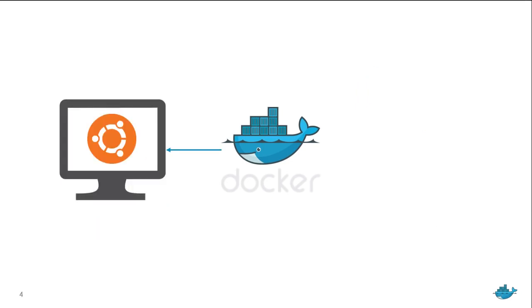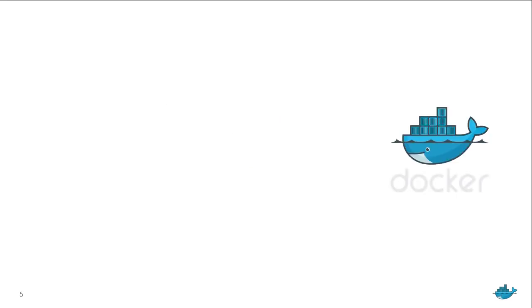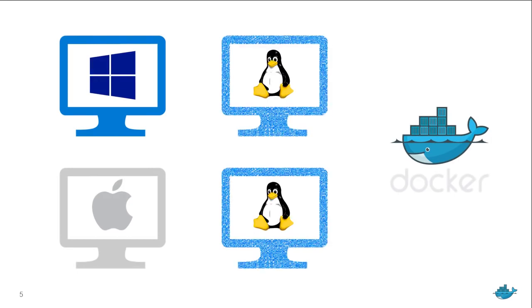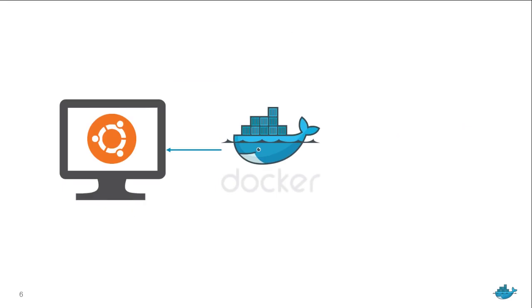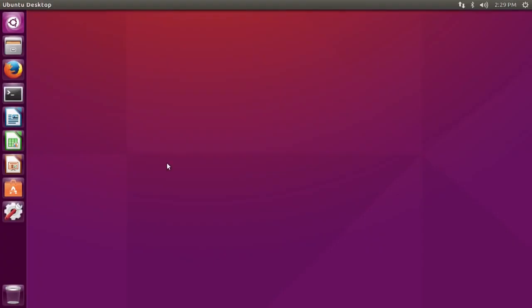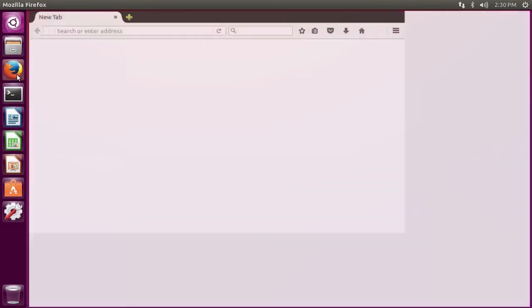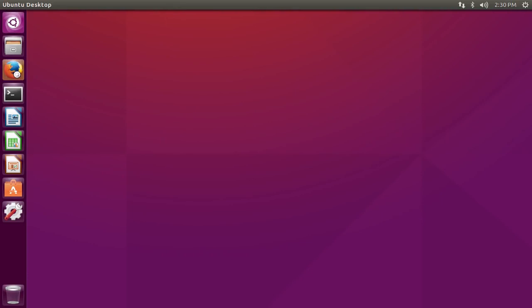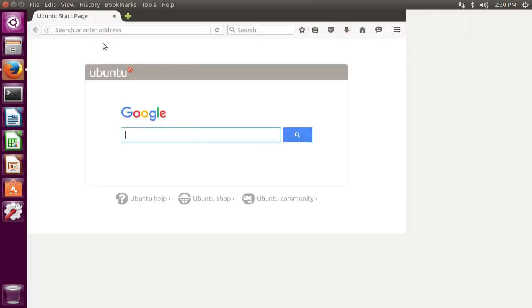Here we go. Docker's on home ground with Ubuntu, taking advantage of core features of the Linux operating system. You can run Docker on Mac and Windows too, but at the moment you have to do it through a virtual machine running Linux. With Ubuntu, we don't need a VM, we can run Docker natively. So here's my Ubuntu machine. I'm running a fresh install of 15.10, but Docker is supported back to 12.04,